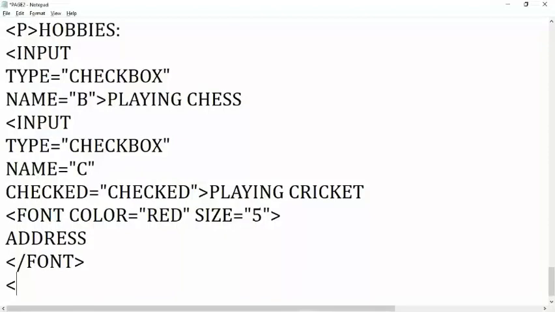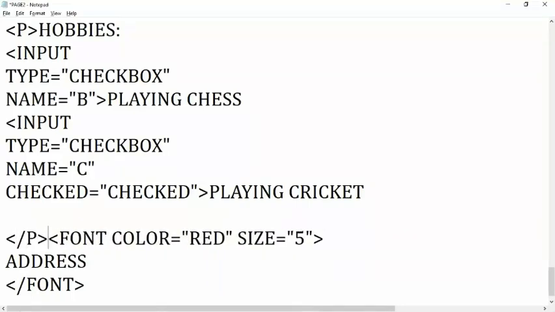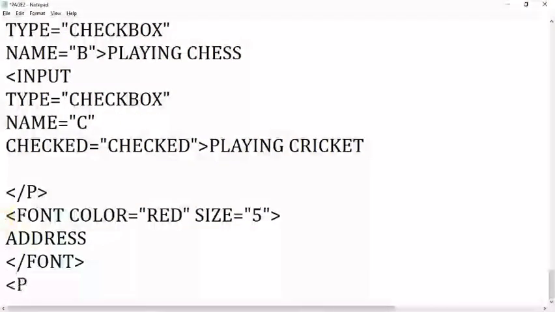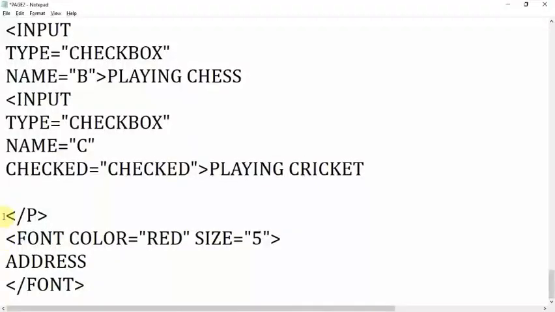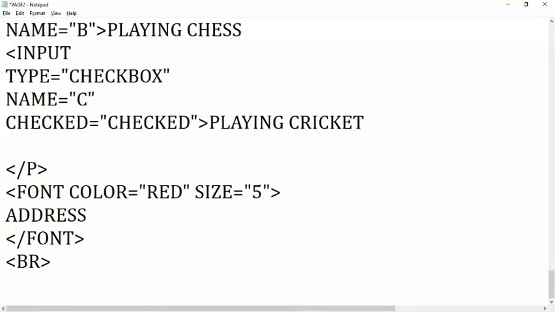Again here you have to use, I want to use p tag. First of all, if you have not closed p tag, so first of all close. If you are not using, no problem, but I want to close p tag also, and after that I want to start here again p tag. Where the address, after address I want to specify here. In next line I want to specify here p. If you do not write also, no problem. If you give here br tag also instead of p tag, no problem, because we are not changing the paragraph.